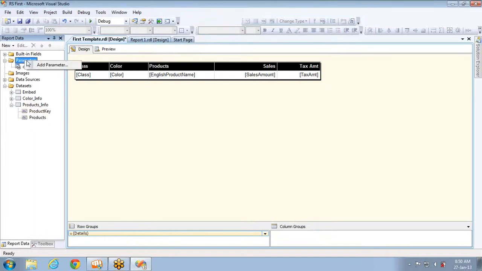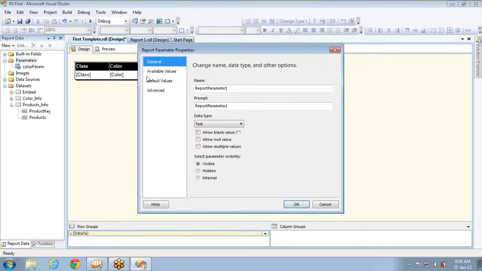Now the next step is I have to create a report parameter. For doing the same, I right click and add parameter. I'm naming it prod para, and I'll prompt it as products colon, and I want to allow multiple values, so I'm checking it.